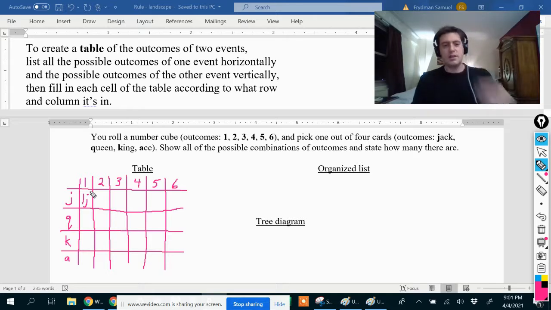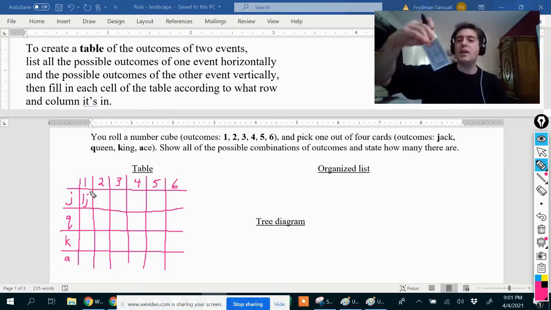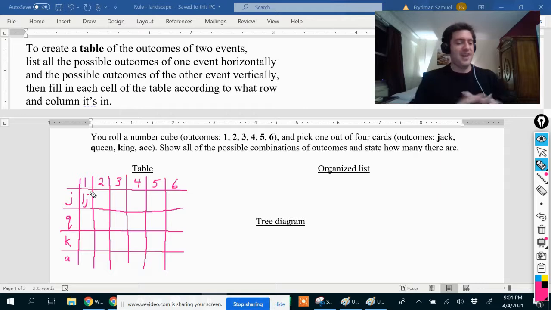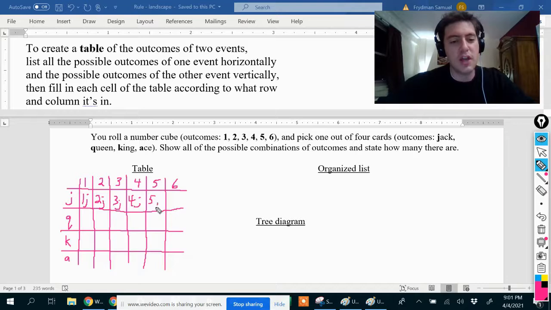Okay, so that means that I might roll the die and get a 1. All right, there it is. And I might pick one of the cards and get a jack. Or what else could happen? Well, this cell here is under 2, and it's still in the jack row. So I might get a 2 and a jack, or I might get a 3 and a jack, or a 4 and a jack, or a 5 and a jack, or a 6 and a jack,